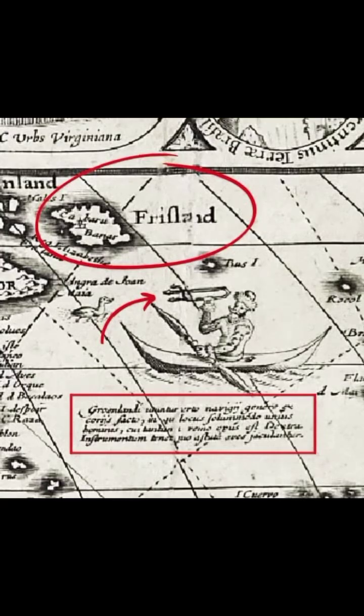Norwegian Arctic. Freya is a small... No, stop. It's called Frifland, Frifland. Freyland is a private island in the Norwegian Sea, about 1,000...